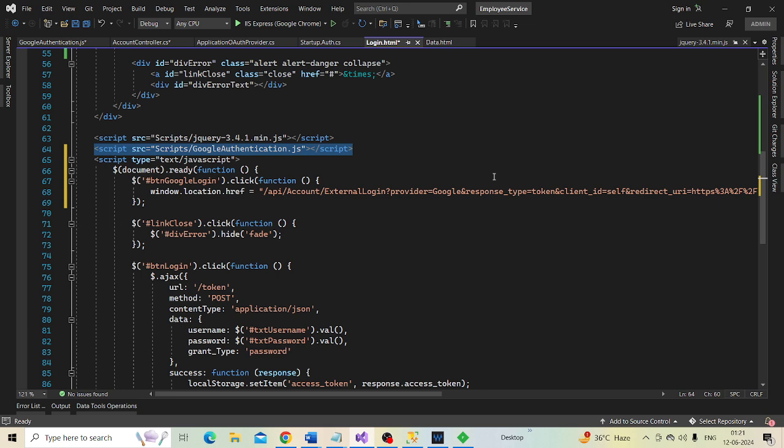Let's reference this Google authentication.js file on our login.html page. This script file is present in the script folder. We have done that.